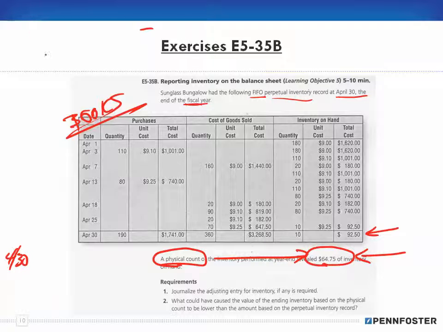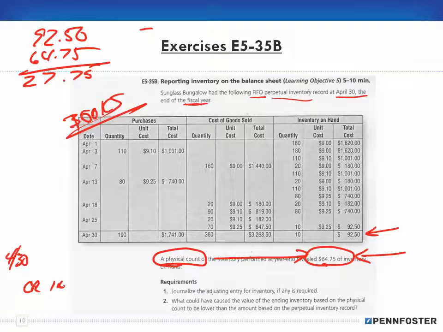Our inventory was $92.50, and we're saying it's $64.75, so the difference between the two is $27.75. So we're decreasing our inventory, so we credit our inventory by $27.75, and